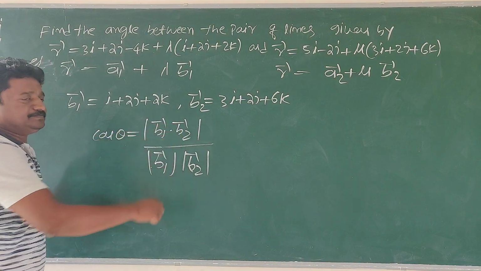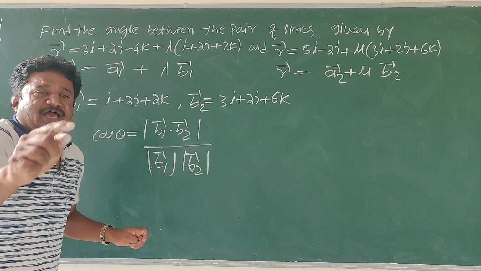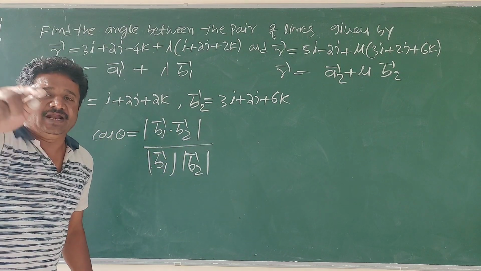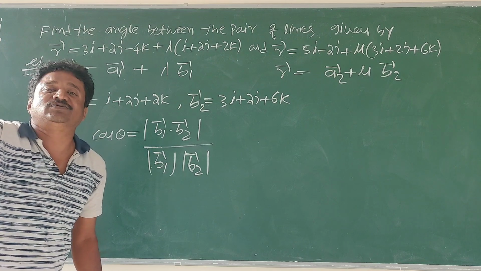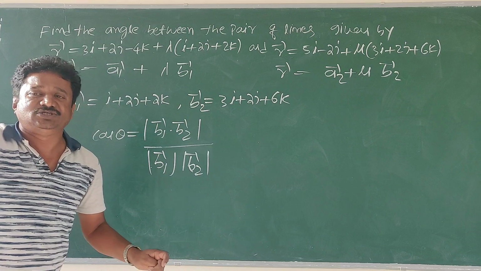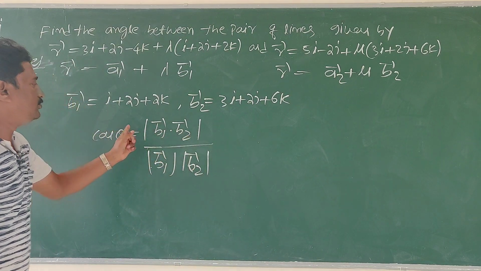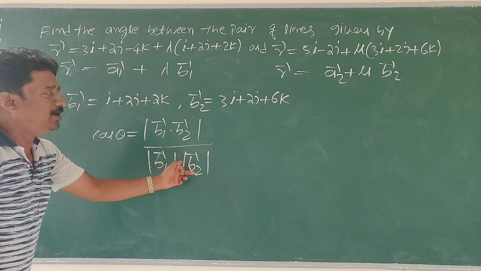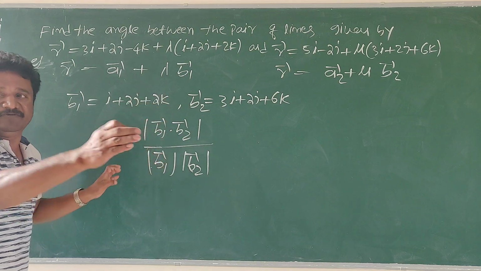In vectors don't use mod. In 3-dimensional geometry you use mod, because in 3D we need the acute angle. Acute angle means first quadrant angle. In the first quadrant all angles are positive. That is the reason why we take mod, to get the acute angle. Calculate b1 dot b2, length of b1, length of b2, and substitute. You have solved so many problems of this type in the vector chapter.